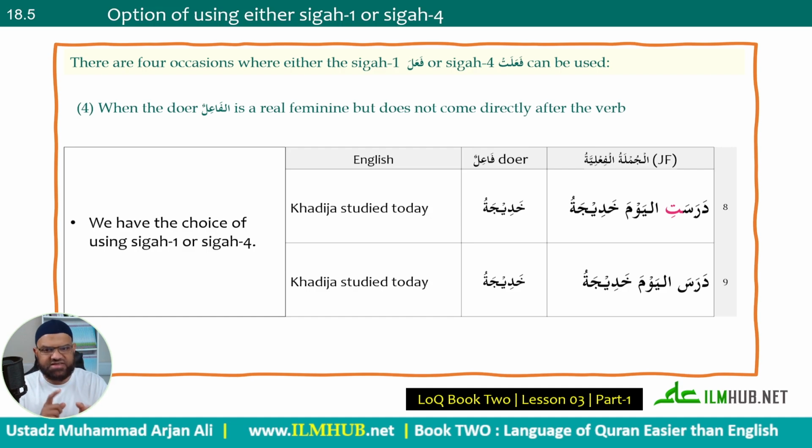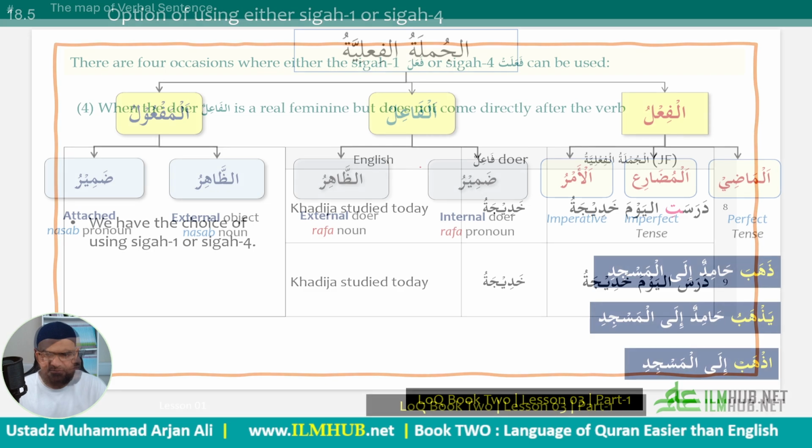And then when I go back, I said, I did mention it to you that these are the 4 occasions, or I did mention it to you that broken plurals are treated this way. Rational plurals are treated that way. Non-rational plurals can also be treated this way, etc., etc. And that's all the idea you need to have. The rest is just simple application, practice, and inshallah, through practice, you will master.